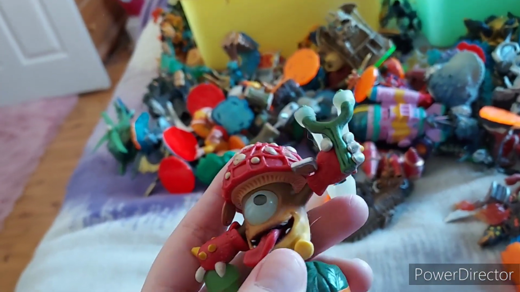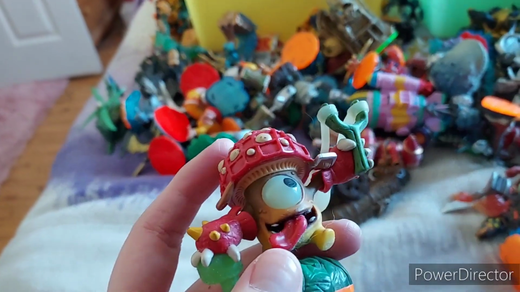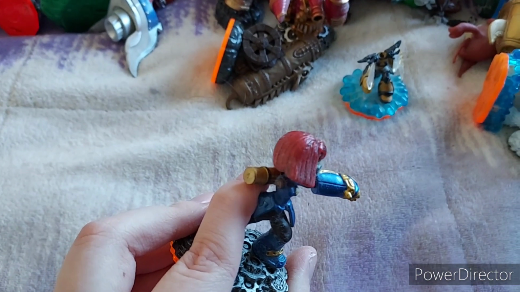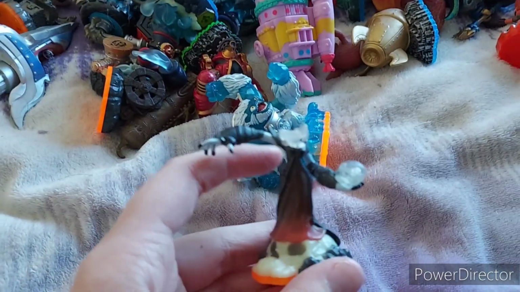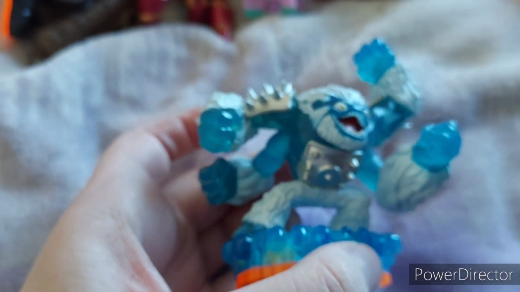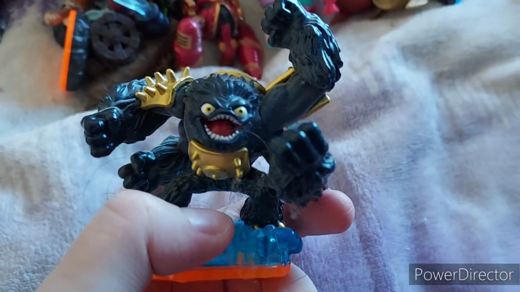So, once you put them on the portal, they will pretty much blow up every enemy, but you can only do it once per level. We have Sprocket, who is missing an arm, regular undamaged Chill, legendary light core Chill, who is missing her head. While we are here, light core Hex, who is missing her head, Series 2 Slam Bam, legendary Series 2 Slam